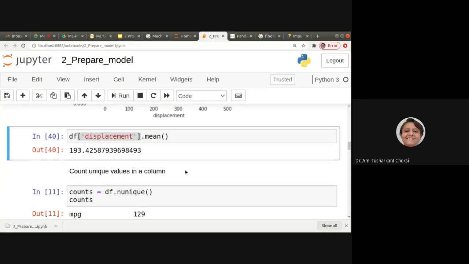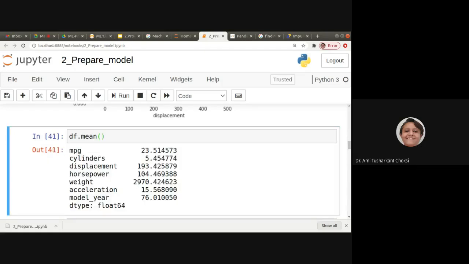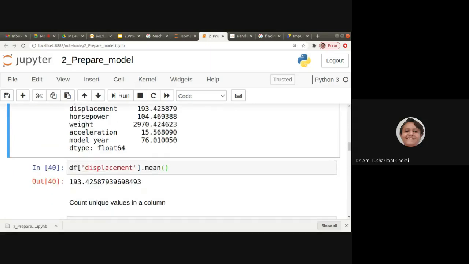So let me run this. The same thing we are getting here, right? If we want it for each and every column, we use df.mean, and if we want a single column, we provide it like this.